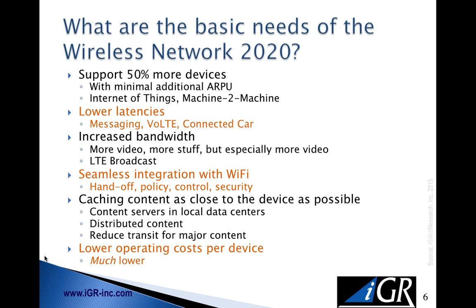But to get more devices and to get the growth going up on the networks here, it's going to be things like Internet of Things, which I'm sure you've heard of a term before, machine-to-machine communications. So what we'll see more of in the future, and we're already starting to see it in many markets, are things like monitoring of home alarm systems, video cameras for the home, or security cameras for the outside, control of things like sprinkler systems, or irrigation, et cetera, et cetera. You can go on and on.